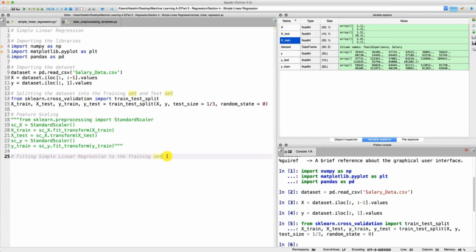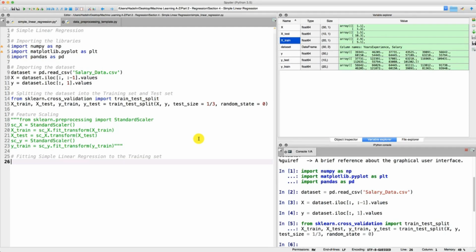And to do this, we're going to use this specific library that will do the job for us, and you will see how easy it is to fit the simple linear regression model to the training set. So let's do this right now. The first thing that we need to do is obviously to import this specific library. And so we're going to import it from scikit-learn, which contains a great deal of libraries and tools to make machine learning models. And so the library that we're going to use for simple linear regression is the linear model library from scikit-learn. And then in this library we are going to import a class, which is the linear regression